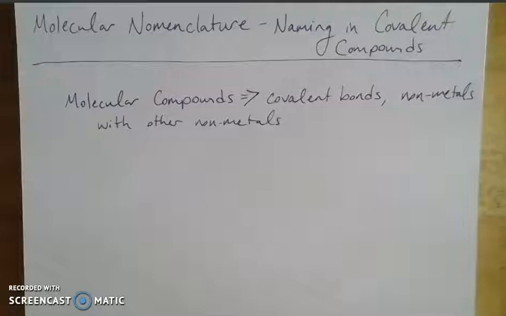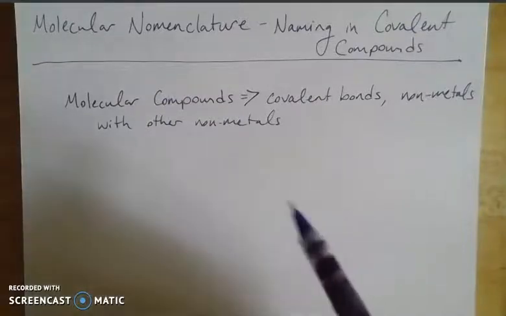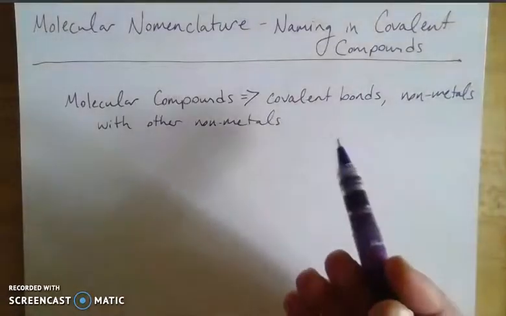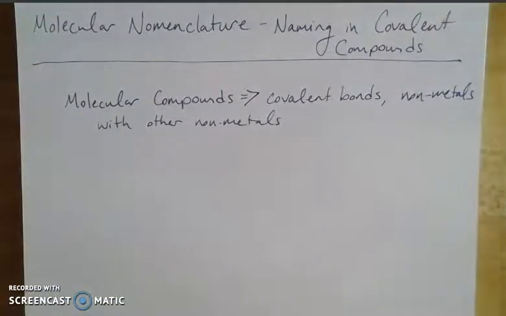All right, today we're going to talk about molecular nomenclature, which is the naming for covalent compounds. With naming, there is a series of rules put together by an overarching scientific body called IUPAC, which stands for the International Union of Pure and Applied Chemistry, and they come up with all the rules on such things. So molecular compounds are compounds that have covalent bonds in them, and covalent bonds, recall, are the sharing of